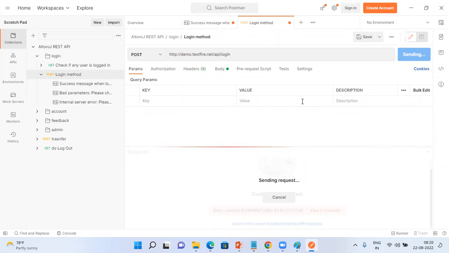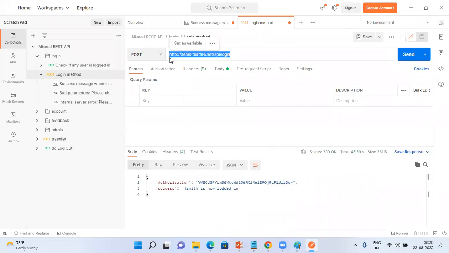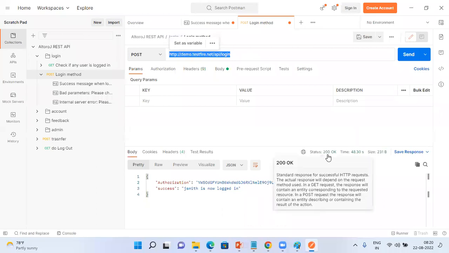Whenever you want to test APIs, you need to ask for the URL. This is called the API URL or endpoint. Endpoint means they are referring to this URL. Remember the name endpoint. API endpoint means the URL which is used for the APIs. Yes, now it is success. Do you see status 200? Remember some of the status codes: 200 is for success, 400 is for invalid input, 500 is for server side error, 300 series is for redirect,